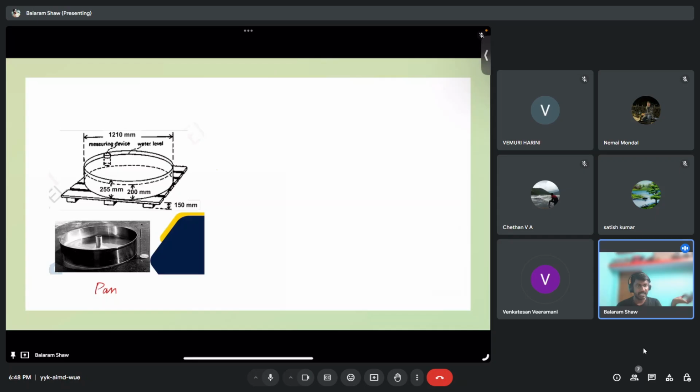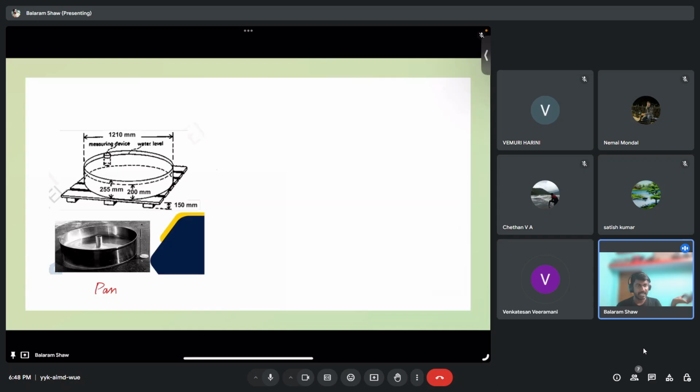So for that we covered that with a hexagonal wire net of GI sheets. So we have a top covering which is protecting the water in the pan from birds or animals. Second, which is the most important, it is 0.9 mm thick copper sheet, tinned inside, and it is painted white. And why are we painting this white? So that the effect of environment heat, whatever is there, can get minimized.